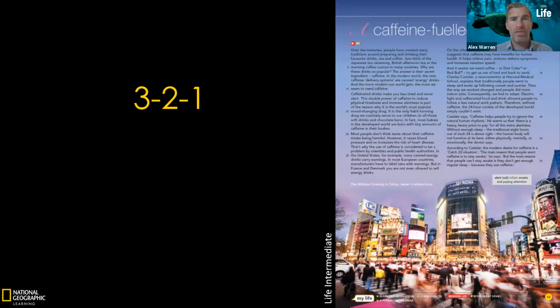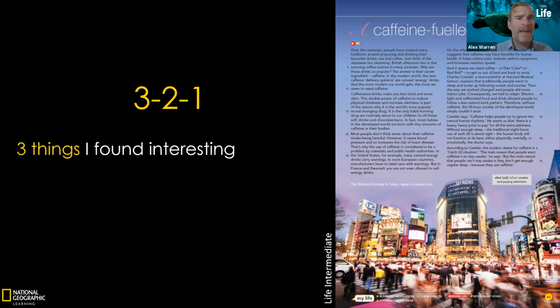So the first one is called 3, 2, 1. This routine helps students to reflect on what they have read or what they've listened to, for example in a TED Talk, on a deeper, but more importantly, more personal level, okay? And I should say that you can change these things around as you like. They're not set in stone. So for example, 3 things I found interesting in the article. So this is not a comprehension question. It's purely your own connection to a text.